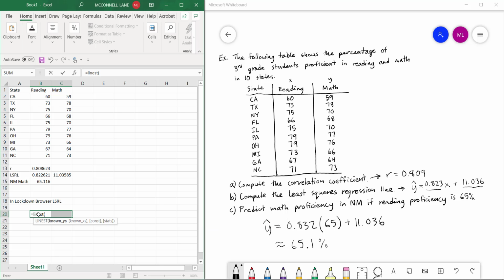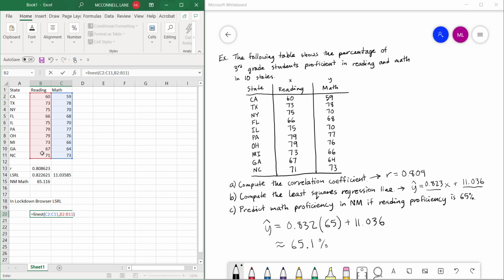Do the same thing as before. So do your known y values first, comma, your known x values. Close your parentheses, and here's the other thing that changes. Instead of just being able to hit enter, you have to hit Control Shift and enter, at least on a Windows keyboard. On a Mac, I think it's instead of Control Shift enter, it's